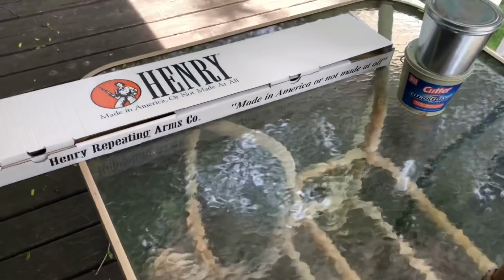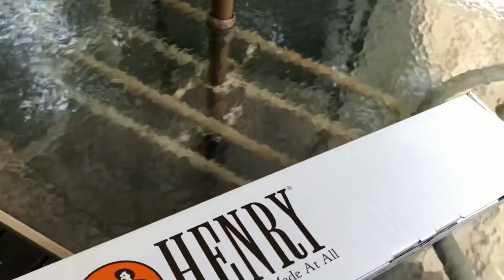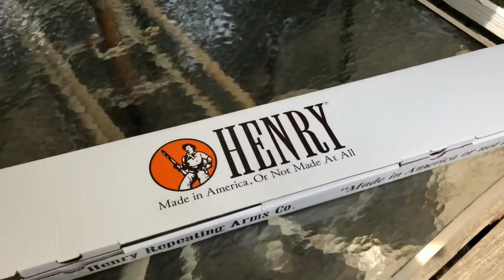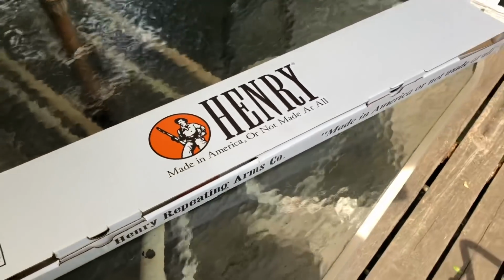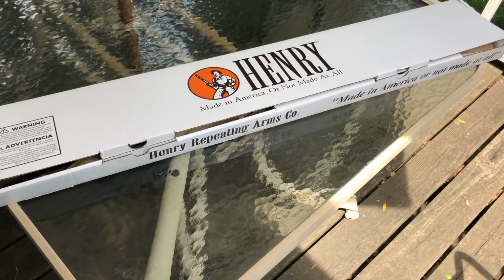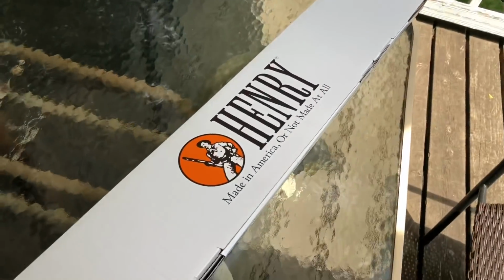and that is a Henry. I think it's certainly appropriate here. Made in America, or not made at all, when it comes to lever action rifles, you're darn tootin'. That's the way I feel about it. But I've been for a long time wanting to try a Henry lever action. I've owned a couple Marlins. You know, certainly this